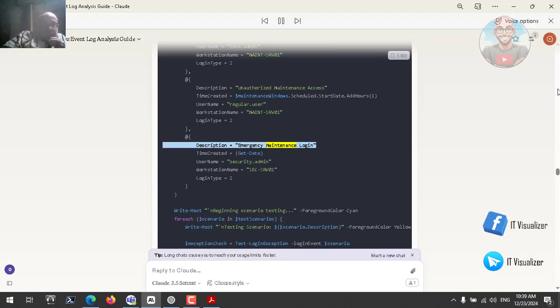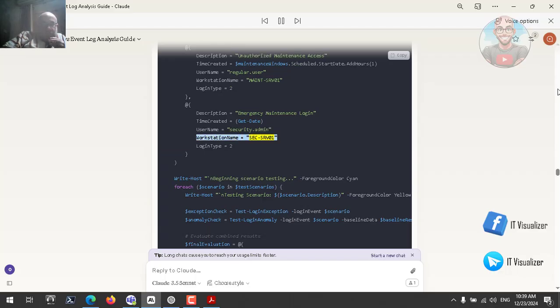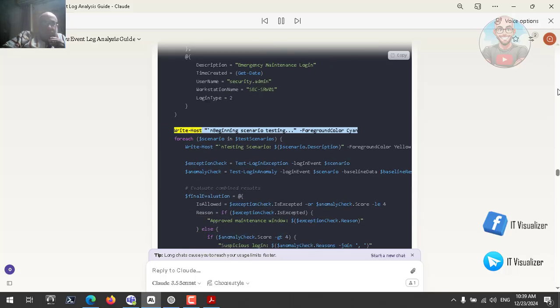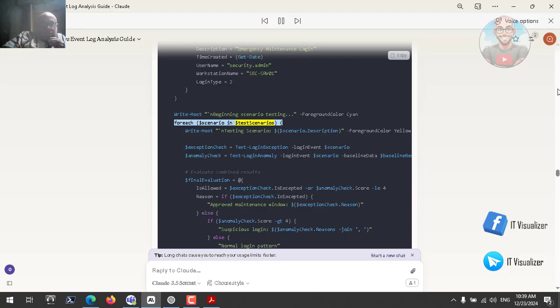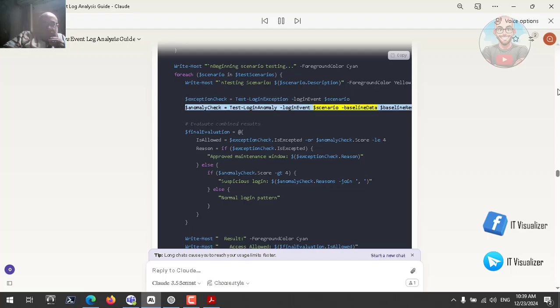@{ Description = "Emergency maintenance login"; TimeCreated = Get-Date; Username = "security.admin"; WorkstationName = "SEC-SRV01"; LoginType = 2 } ). Write-Host "Beginning scenario testing" -ForegroundColor Cyan. foreach ($scenario in $testScenarios) { Write-Host "Testing scenario: $($scenario.Description)" -ForegroundColor Yellow. $exceptionCheck = Test-LoginException $loginEvent; $anomalyCheck = Test-LoginAnomaly $loginEvent $baselineData $baselineResults